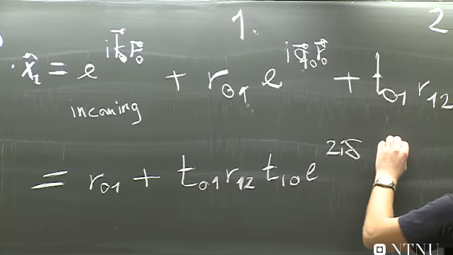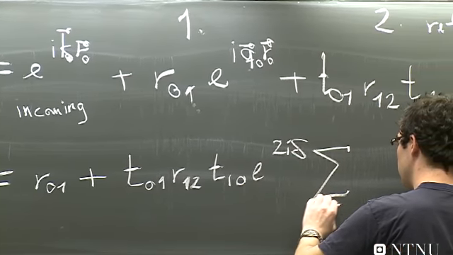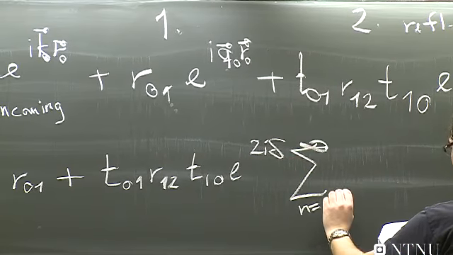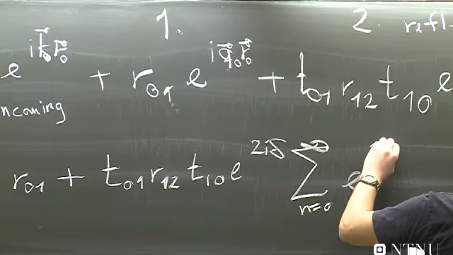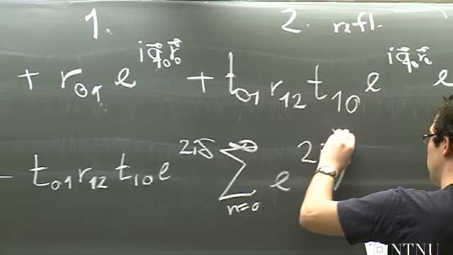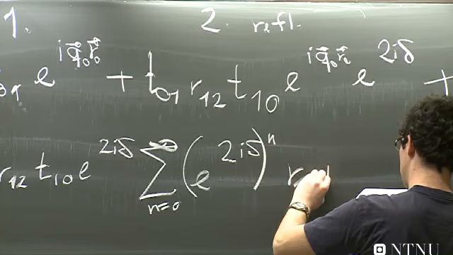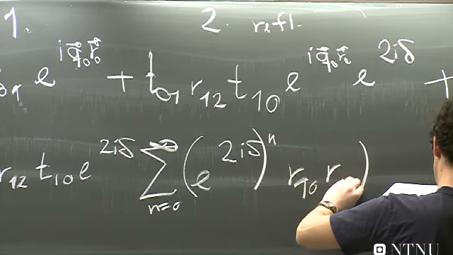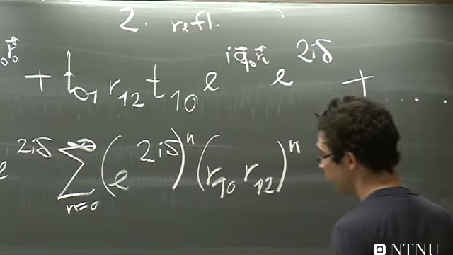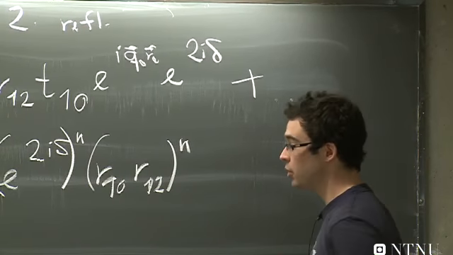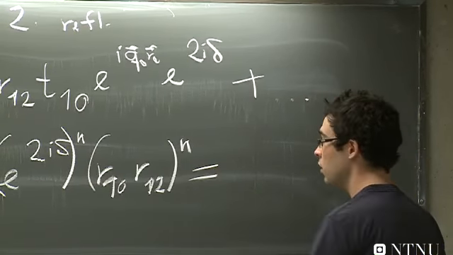And now an infinite sum. n is equal to 0 to infinity. And we have e to the 2i delta to the power n, R10 R12 to the power n. This looks a bit terrifying at first, but fortunately it's just a geometric series,